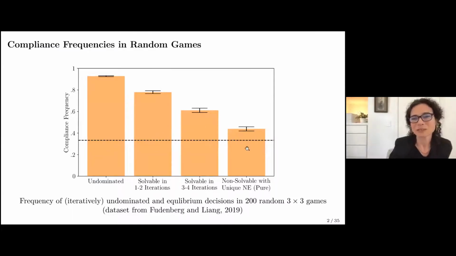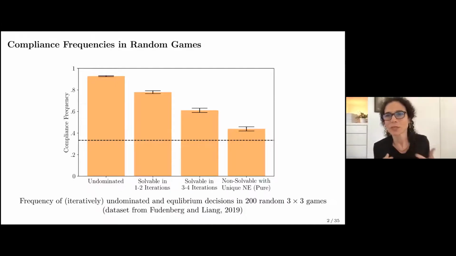And the first thing to note here is what appears on the rightmost column. So this is the probability of playing the equilibrium when the game is non-solvable, but there's a unique pure Nash equilibrium. This is much lower than what we see in these middle columns that correspond to dominant solvable games. So that's already comforting about dominant solvability truly being an appealing thing. Nonetheless, what you see on the leftmost column is the likelihood of play of an undominated action when some action is dominated. That's pretty close to 1,